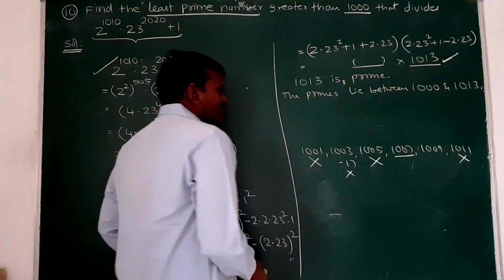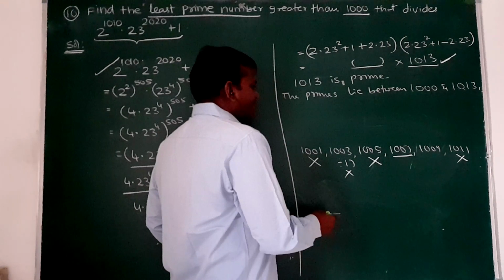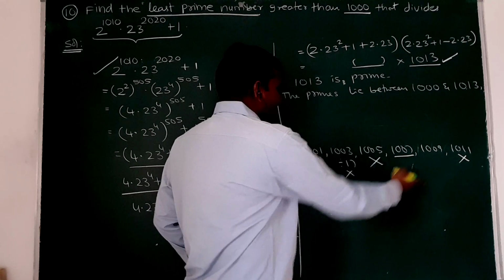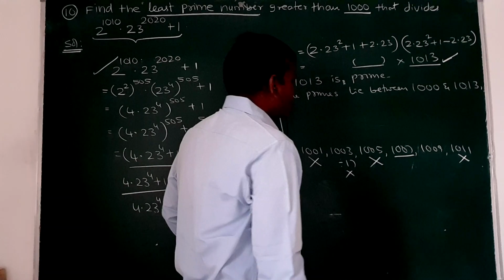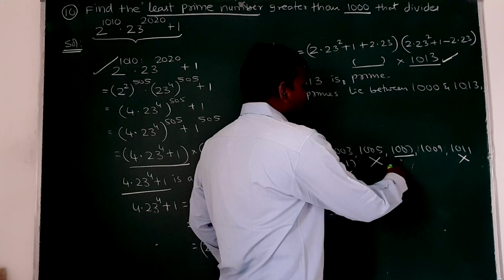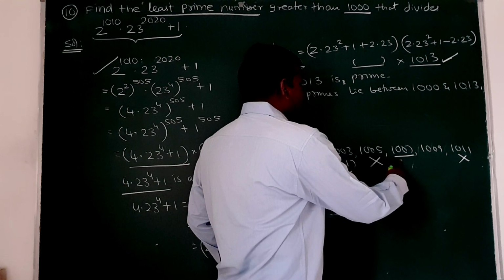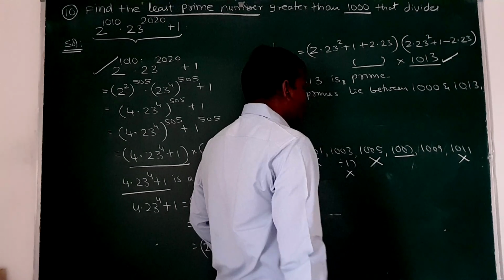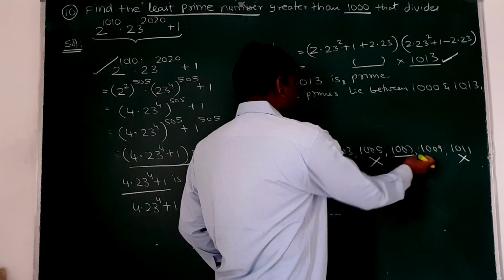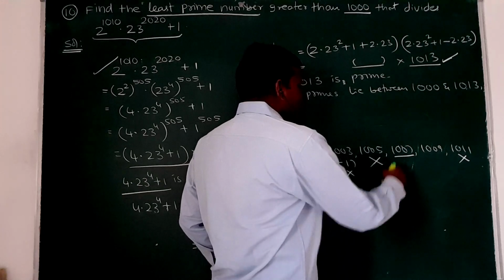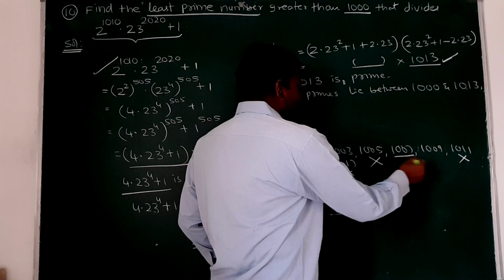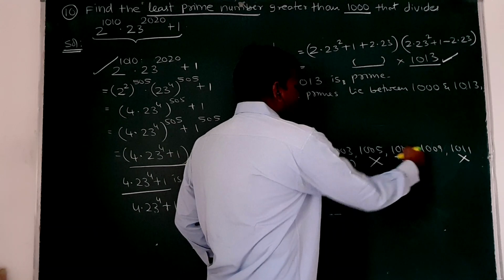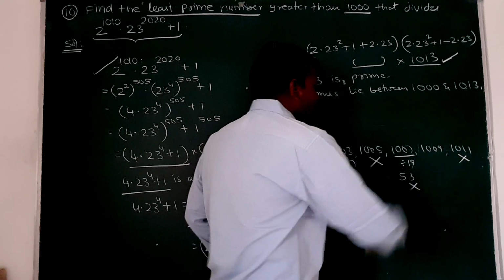1007 means up to 31. 2, 3, 5, 7: the 7 table won't go. 30, 27, not possible. And then the 11 table, not possible. 13 table: 91, 91 plus 13 is not possible, 104, 1004 only will come. 104, 91 means 97, not possible here. 19 table: 5 19s are 95, 53 times. So this is also not a prime number here.